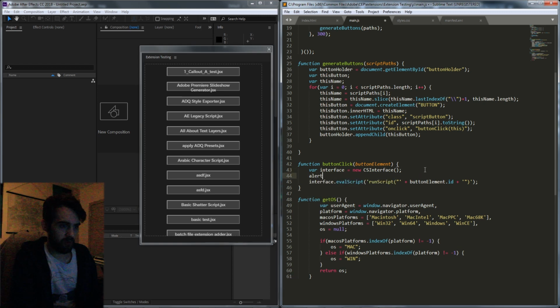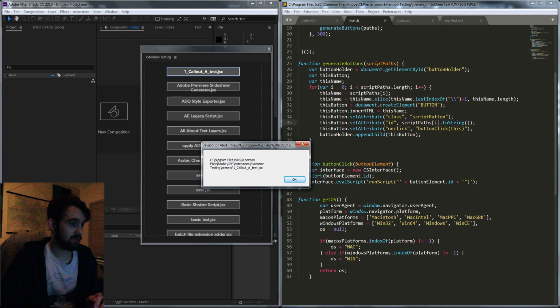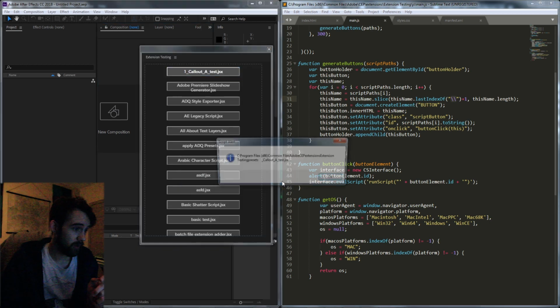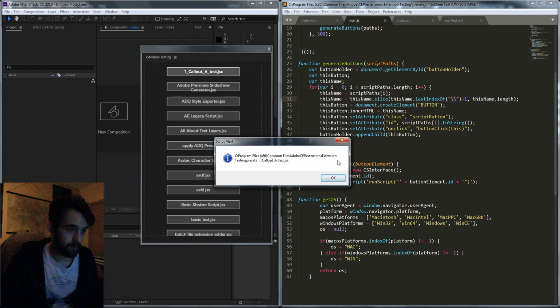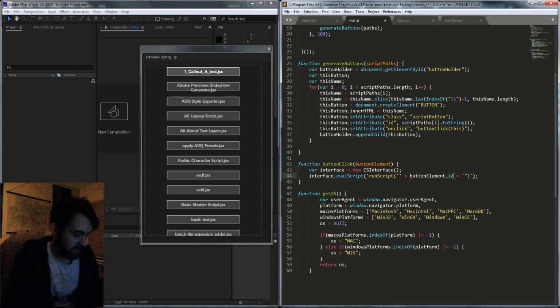If we go ahead and alert our button element.id, let's see what it's giving us before it passes into the JavaScript extended. So it's giving us this single slash here, which, if you remember up here, when we sliced it by this backslash or forward slash, whichever one it is, we need to put in 2 because 2 equals 1. So because we're only giving it 1, when we're going to the JavaScript, it's totally removing that. So what I'm going to do is grab the ID and say .replace, and we're going to replace any single slash globally